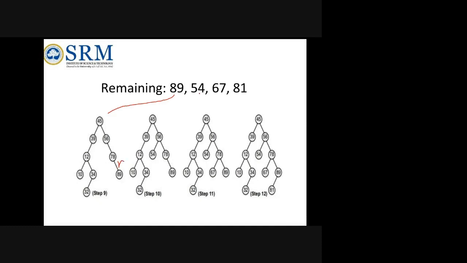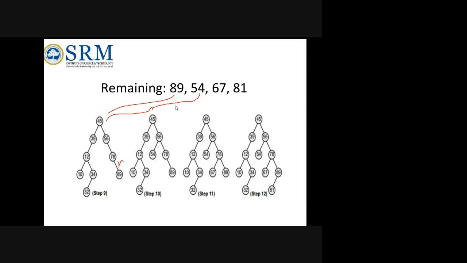Now next comes 54. When 54 comes, again 45 compared with 54, greater. So it should come here. It is compared with 56. So when it is compared with 56, what will happen is, in previous steps only you have to compare. When you take a note, the previous step will be compared and next this new tree you will achieve. Now this tree, in step 9 you will compare, step 10 you will get. The next number, when you take in step 10, you have to compare and step 11 you will get.